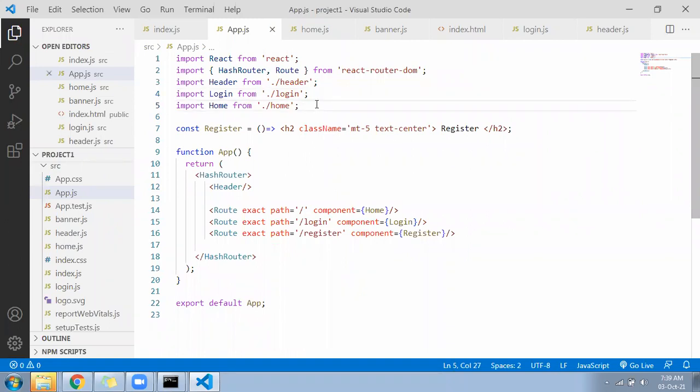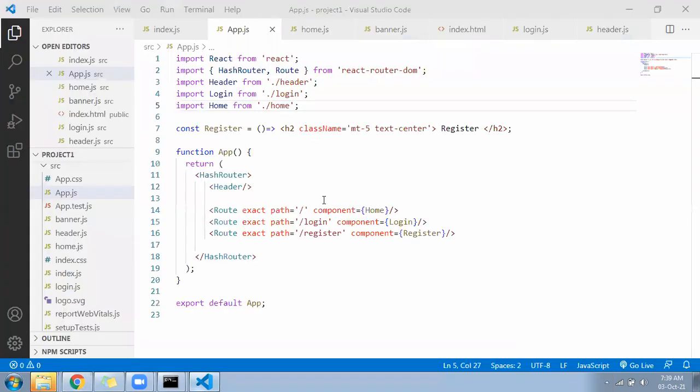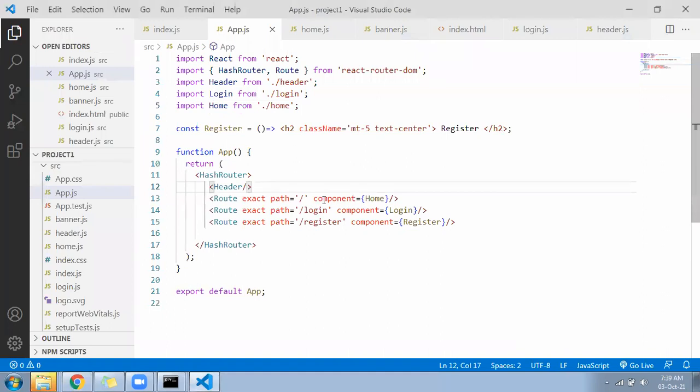Check now. Now home should be the combination of home and banner both. Home is working, banner is working. Home will be the combination of both.